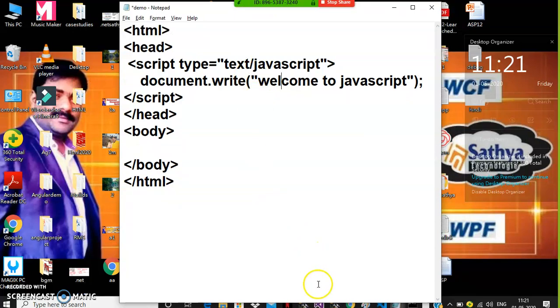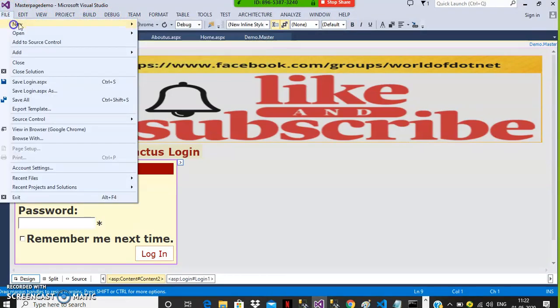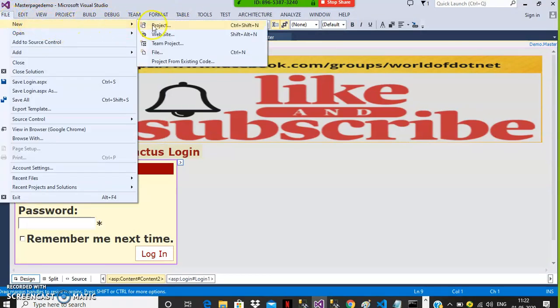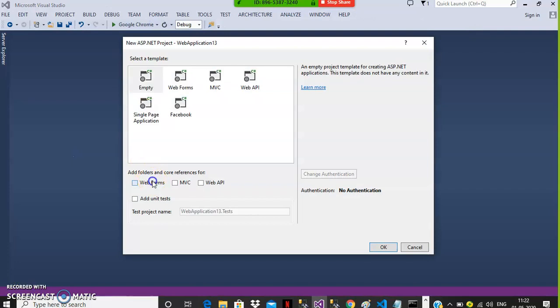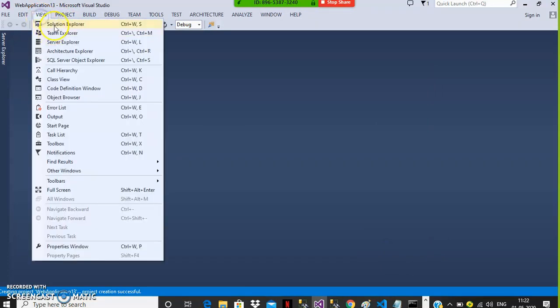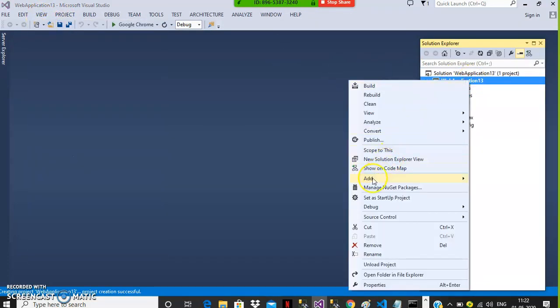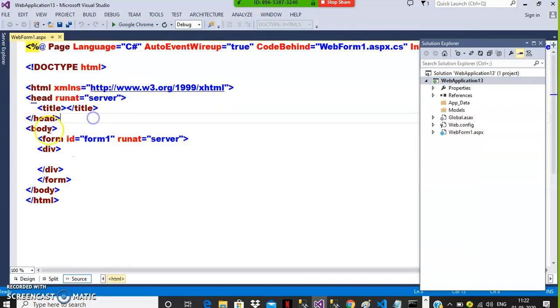In HTML code only. Even if you are a .NET developer, for example, I will open my Visual Studio editor. I am a .NET developer, but Java is also no problem. If I want to develop any web application in .NET, the same applies for Java also. When I enter into the .NET application, by default I can see the HTML code only. Right click, add new item, select web form. Now you see, by default when I enter into my .NET environment, I can see HTML code. So it is always recommended to write the .NET code also inside the body tag.